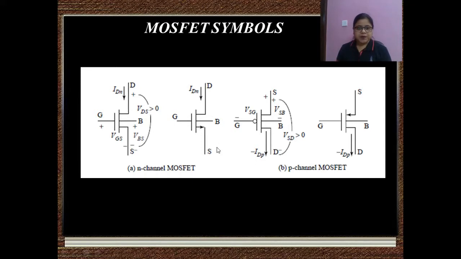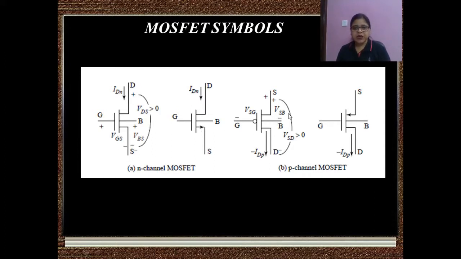Now the second symbol. This second symbol is showing an arrow here at the source terminal. This arrow basically is showing the direction of current flow. We know in an NMOS current flows from drain to source, so that's why this arrowhead is pointing towards the source direction and it is coming from drain. So it is in the outward direction. Now if I talk of this PMOS, in a PMOS this arrow is pointing inside. It is again at the source. Yes, remember over here the arrow which is showing the current direction will always be placed on a source terminal.